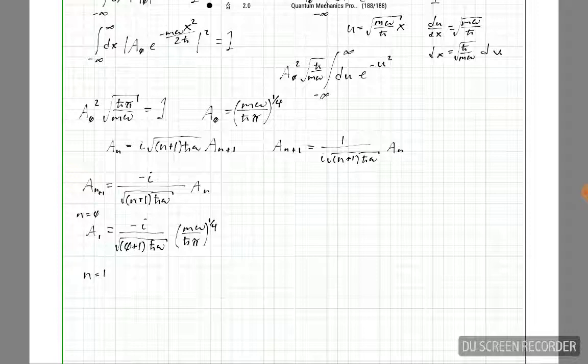Okay, now let's plug in n equals 1. So that gives me a2. That'll be negative i over, not n, we're going to have n equals 1, the square root of 1 plus 1 h bar omega, and now this would have to be times a1. So that's times negative i over the square root of 0 plus 1 h bar omega, and then this guy. And I could keep going,